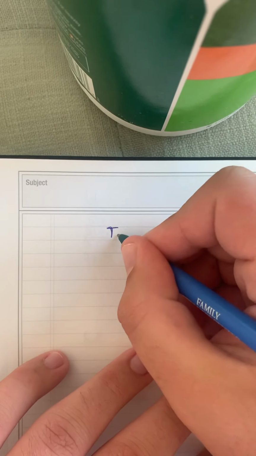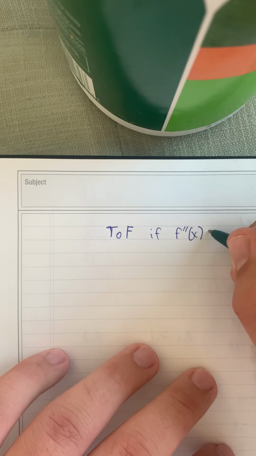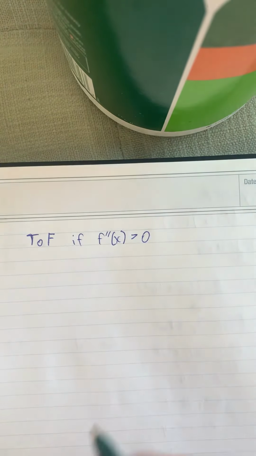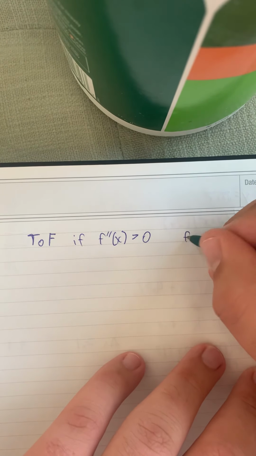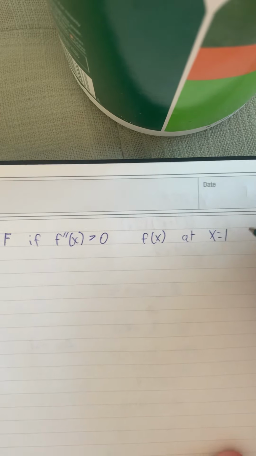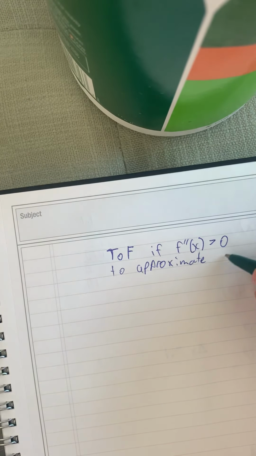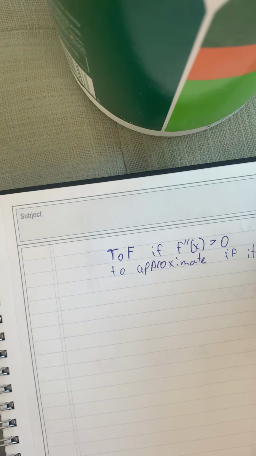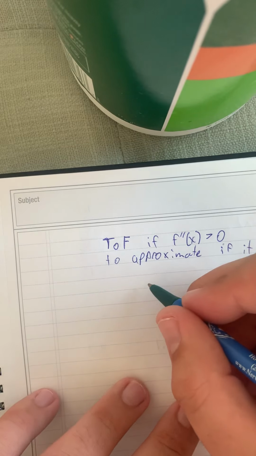So now I'm going to be moving on to question 2, which is true or false: if the second derivative of f of x is greater than 0, and using the linearization of f of x at x equals 1 to approximate f of x, it is an underestimate. So first we are going to take the second derivative,